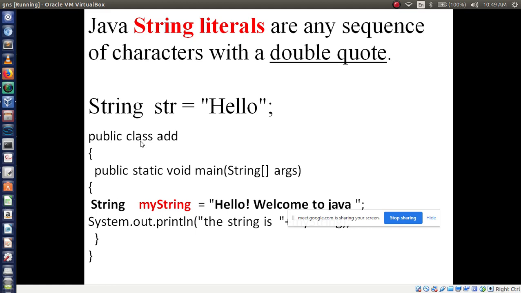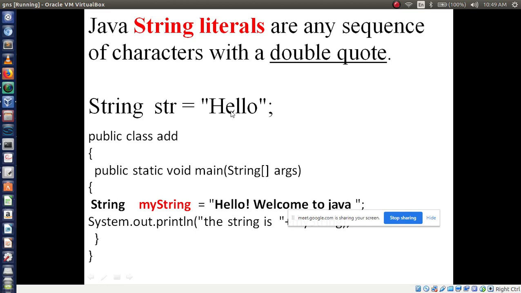literal, string. Here we have to use string literal. Here are any sequence of characters. String means what, more than one character, more than one character we can call it a string. Only one character we can call a character, but more than one, or a sequence of characters, we can call a string. For example, hello I have written here. So how many characters are there? Total 5 characters are there, right? So more than one character we can call it a string.